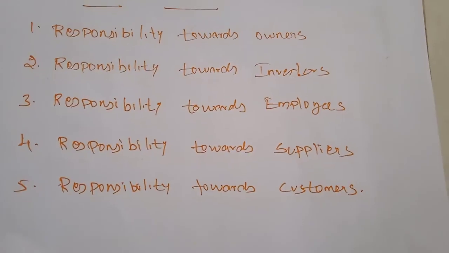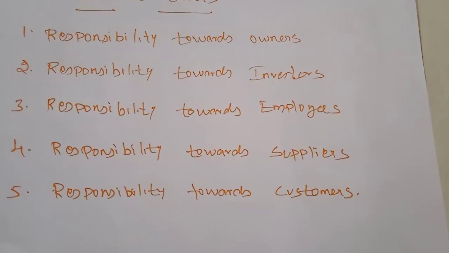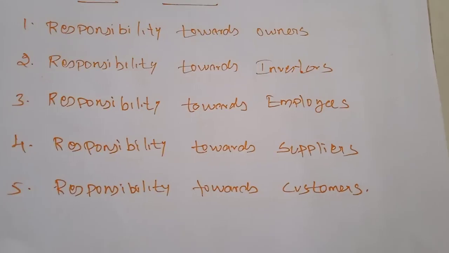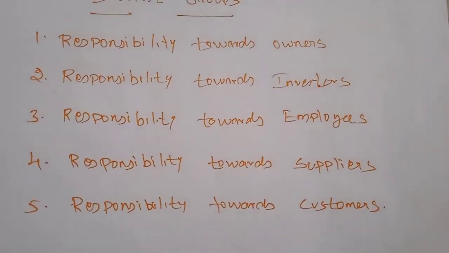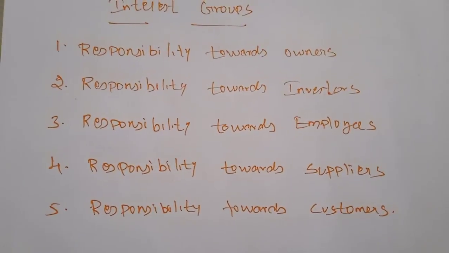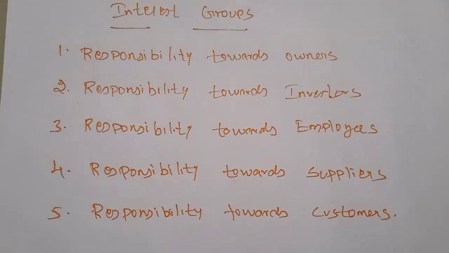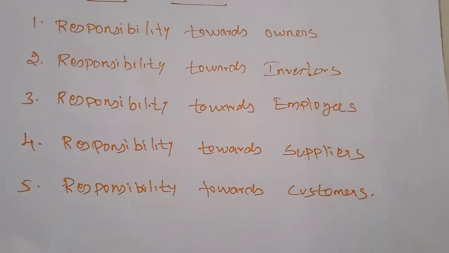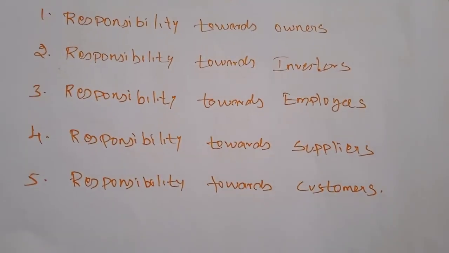The producers will never produce continuously if there is no continuous supply of the raw materials. So the business organizations also have to take some of the responsibility towards the suppliers. Certain suppliers, called distributors, supply finished products to the consumers and some other persons also. And in whichever way the business organizations can take responsibility towards the suppliers,